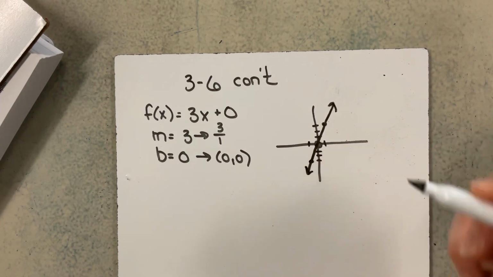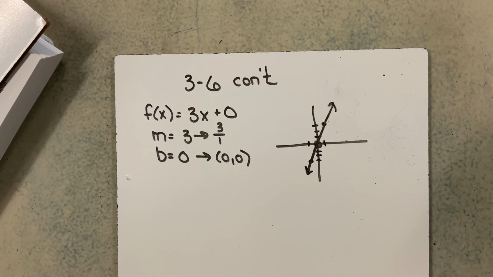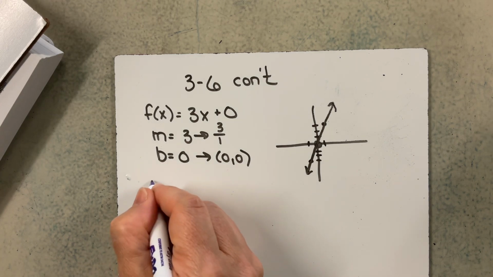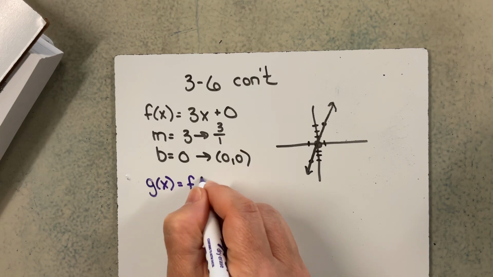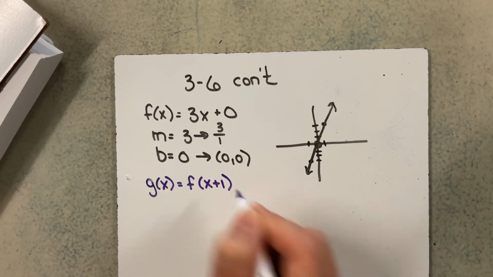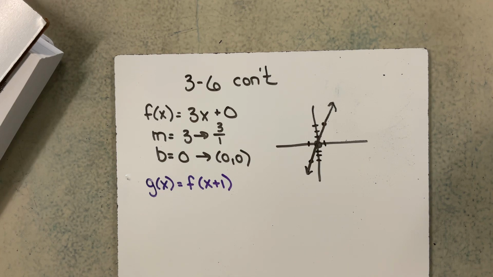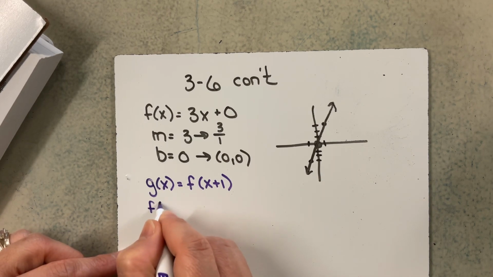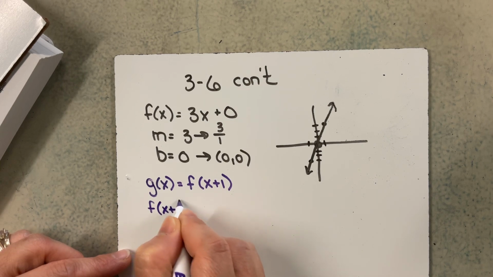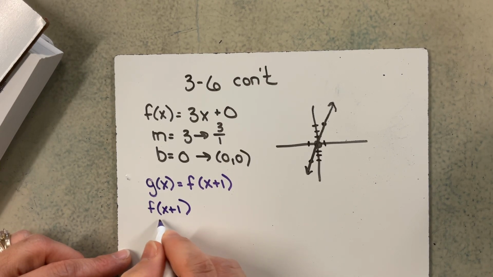That's close. Okay. Now, we are given g of x, which is going to equal f of x plus 1. Okay, so unlike the last one, this is influencing f of x. F of x is no longer f of x. Now it's f of x plus 1. So what we're going to do is take f of x plus 1, and this tells us right here, we're replacing